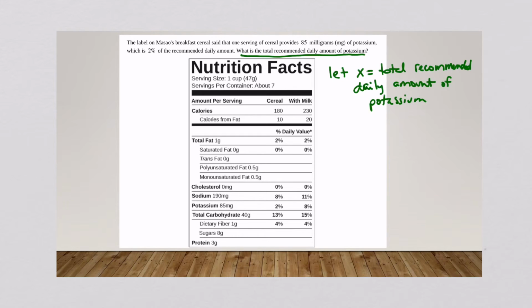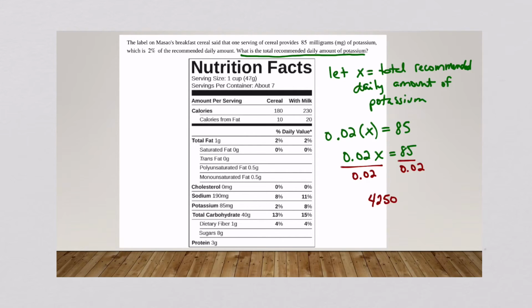Okay, so 2%, that's 0.02 as a decimal, times my total recommended daily amount is 85 milligrams. So this can be written as 0.02x = 85, and then in order to solve this, I have to divide both sides by 0.02. And on my calculator, I type in 85 divided by 0.02, and I get